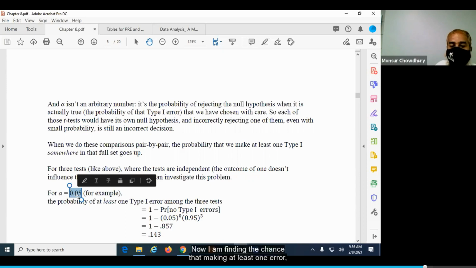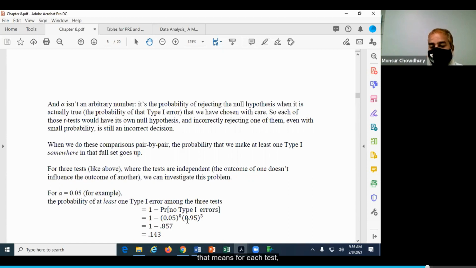Now I am finding the chance of making at least one error, we call it type 1 error, but just keep in mind this is 0.05, 5%. So we can write it down as 1 minus the chance of no error. If we don't make any error, that means for each test our chance of not making an error is 0.95, because there is a 5% chance of making an error.